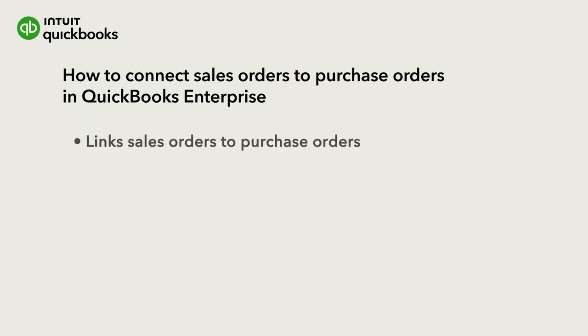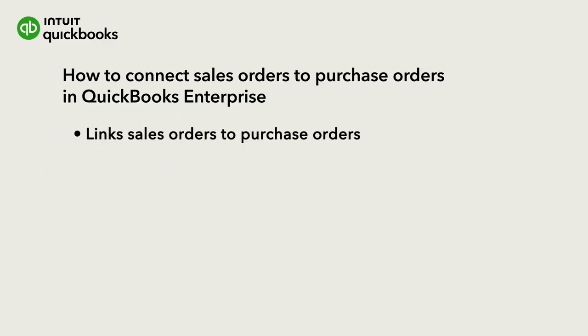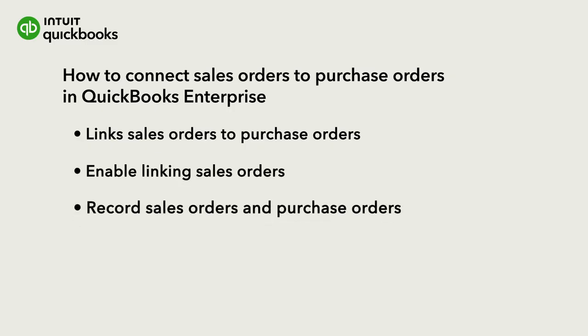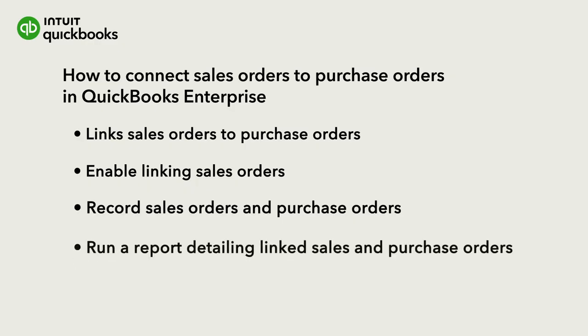QuickBooks Enterprise helps you get orders to customers faster and track products purchased more efficiently by linking sales orders to purchase orders. Let's go over how to enable linking sales orders to purchase orders, record sales orders and associated purchase orders, and then run a report to help you easily determine which items on your sales order have a purchase